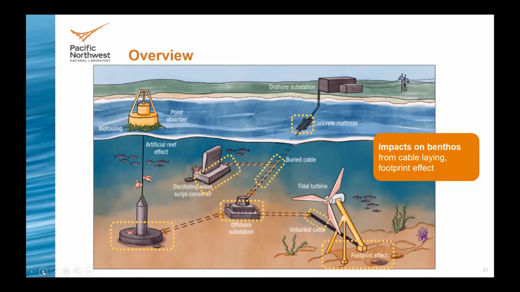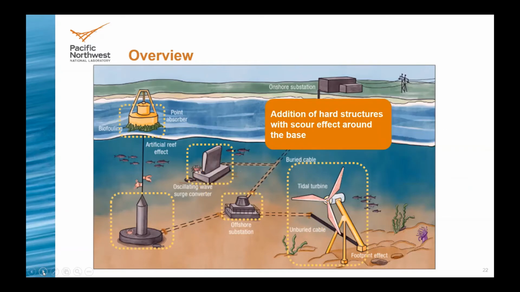So one of the first effects that could change the habitat that we see is during the installation, with laying cables or setting devices on the seafloor, there is potential for impact on the benthos right in the path of the cables or under the devices themselves. Next slide. Another effect that we see is by adding hard structures like the devices themselves, the cables, the moorings